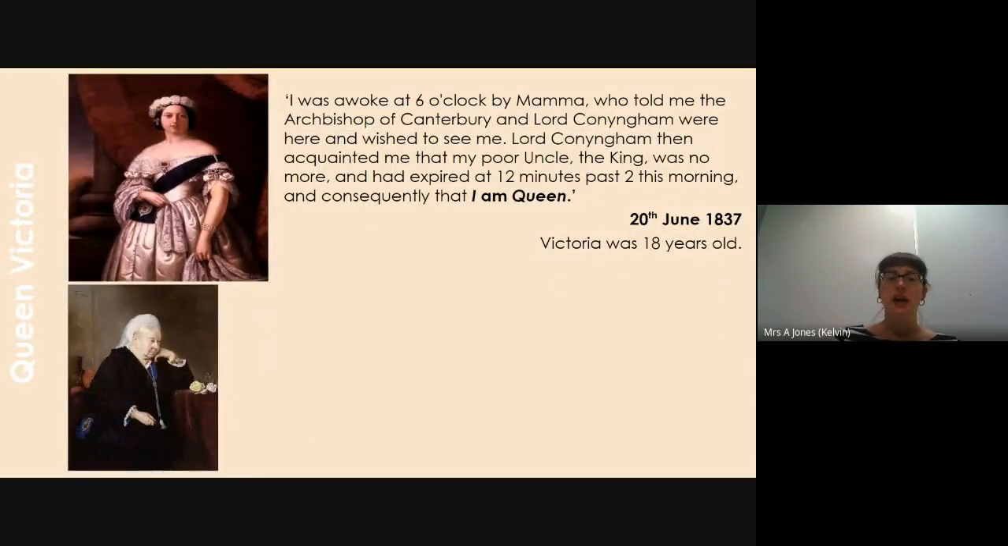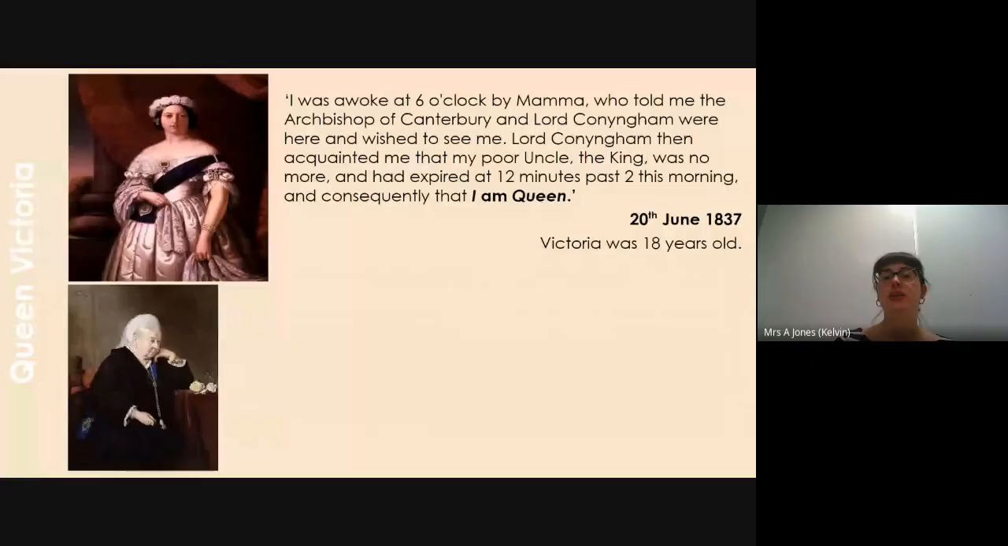Okay, let's have a little look at Queen Victoria then. So there's Queen Victoria in the top left-hand corner as a young woman. This is when she was fairly new to being queen. And this is a little excerpt from a letter that she wrote, explaining how she came to know that she was queen. And she says,